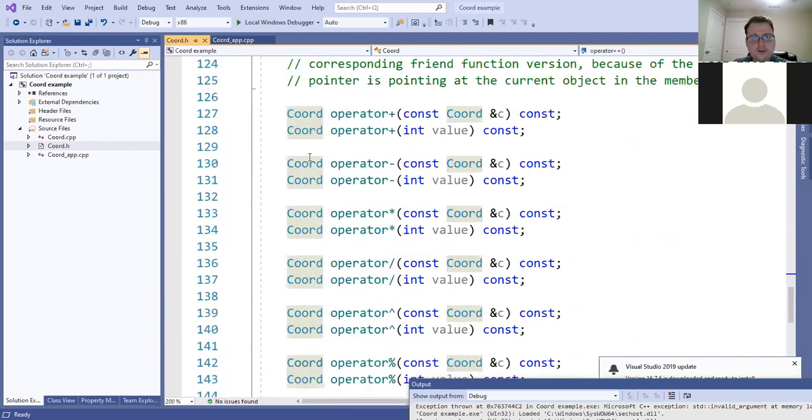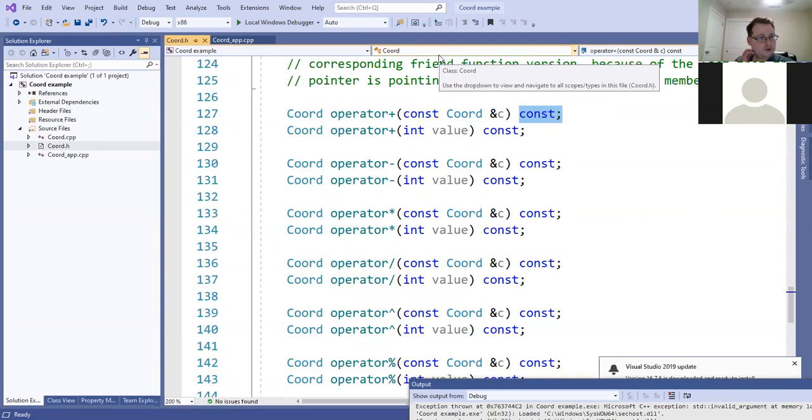So that's why we see this big block down here. So these are the other versions. So basically for all these arithmetic operators, we have three different versions for either dealing with two coord objects, coord object first, integer second, or integer first and coord object second. So we're just handling all the combinations here. And so the prototypes of these are all very similar as we go through this. So this one here is operator plus for adding two coordinate objects as a member function. And so the parameter that we pass in is const, and the function itself is also const